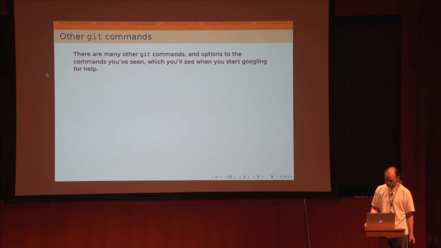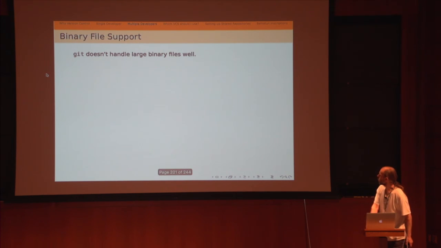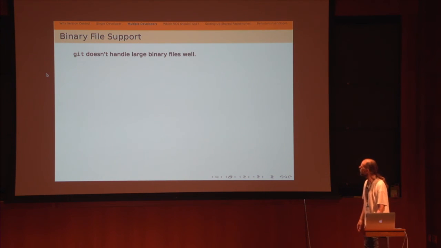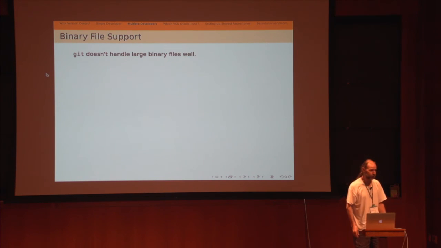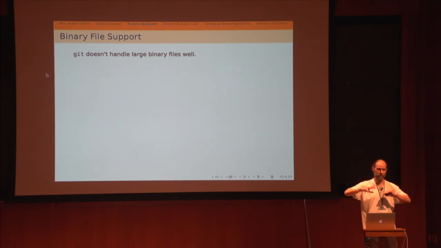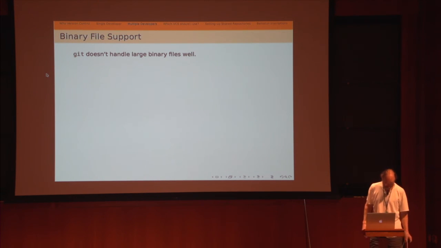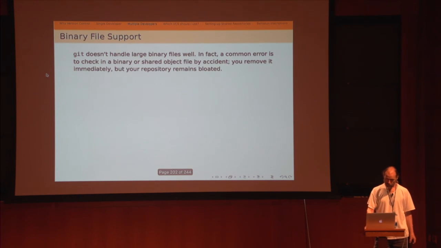So how about some other commands? Some of these are cool. Git bisect, I think I'm going to talk about that actually. Binary files. This may not be an issue for anybody in this world. I don't know how many big binary blobs you have that you handle. If you're doing web development, which I don't do, then it's reputed to be a big deal because you've got icons and pictures and all that sort of stuff. It's quite a big problem if you're doing image processing where your test cases may have big blob files in, big binary images. There's a trick.